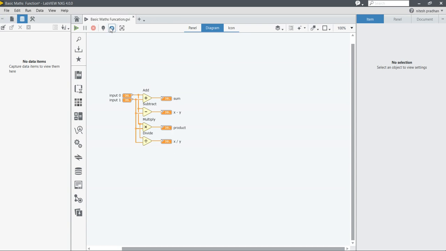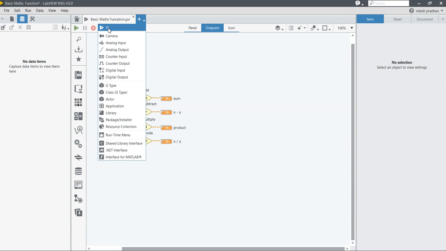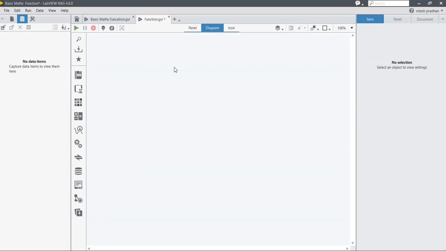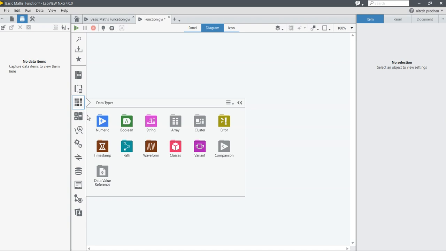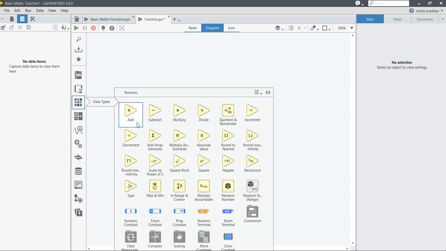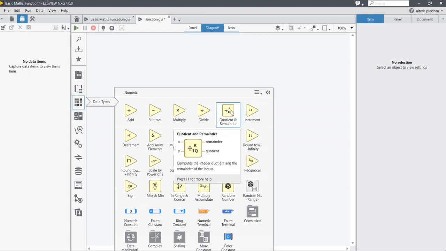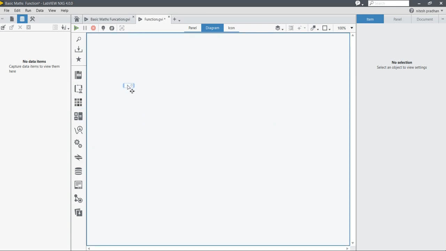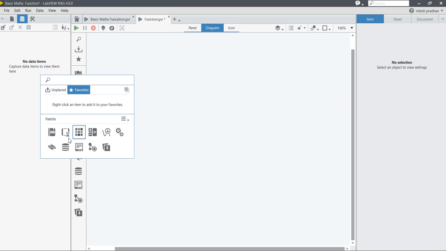Now try to add one more function here. Look here, you can click here, one more function. Now come into the diagram, right click, sorry, no need to right click, we can target directly from this platform, data type, click here. Increment and decrement and other things are present here. So let's take one numeric constant and take one more numeric constant.